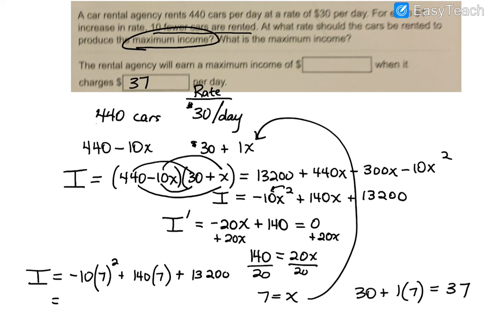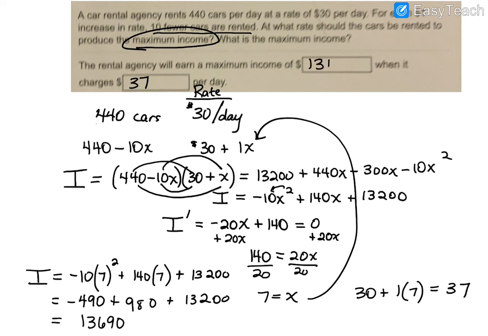The 7 squared would give me 49, times the negative 10 would be negative 490. My 140 times 7 is going to be plus 980, and then of course I have plus 13,200. If I combine all of those, I'm going to be left with a maximum income of